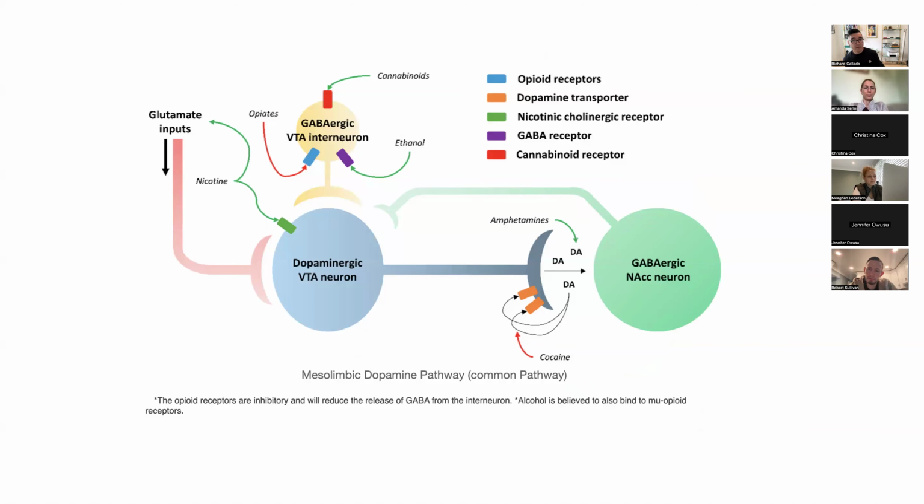So again, this is the mesolimbic pathway, just breaking down a little bit differently. But this is how the mesolimbic pathway becomes kind of sabotaged by the substance use disorder, right? So if you look at the ventral tegmental area, it's connecting to a GABAergic nucleus accumbens neuron. All right. So what's happening is, you notice there's a connection there from the opioid neuron right there. See, cannabinoids are there, also alcohol is there, and there's nicotinic.